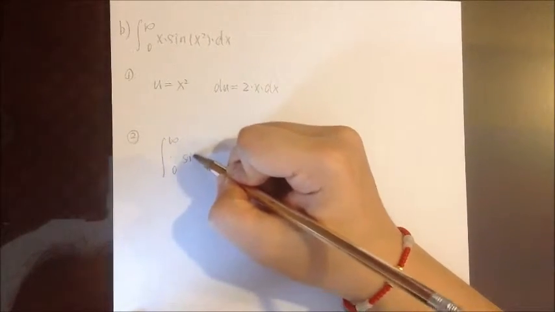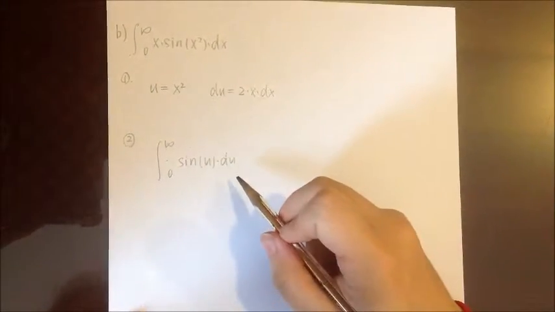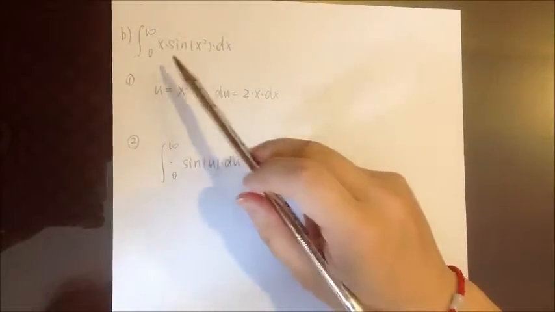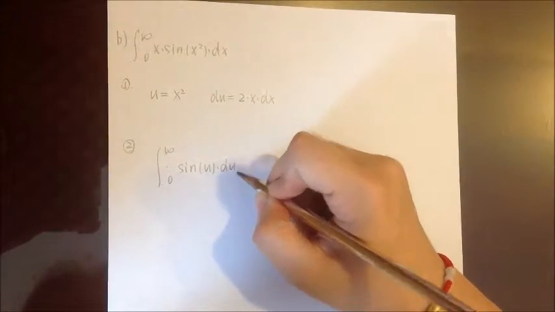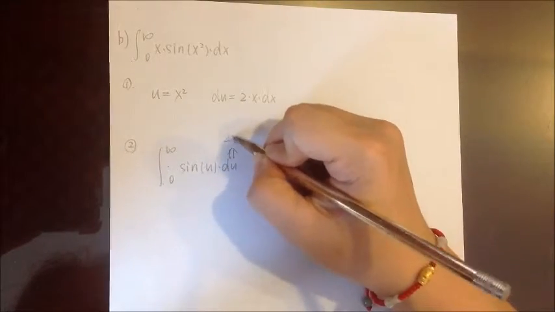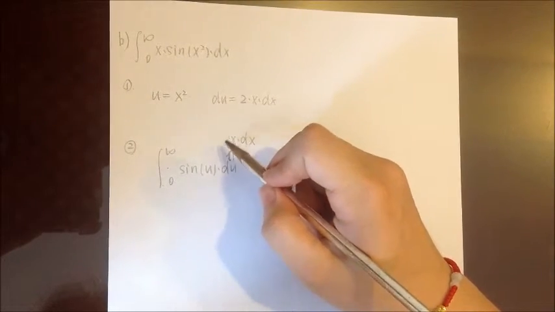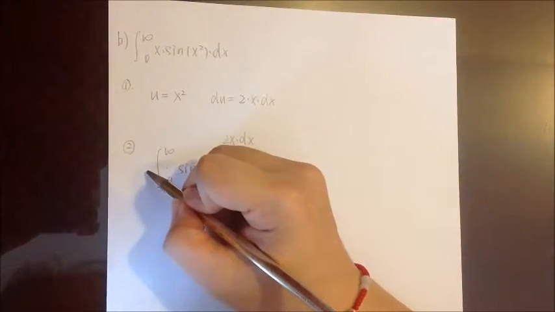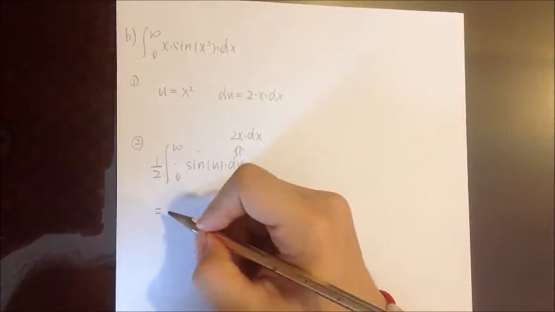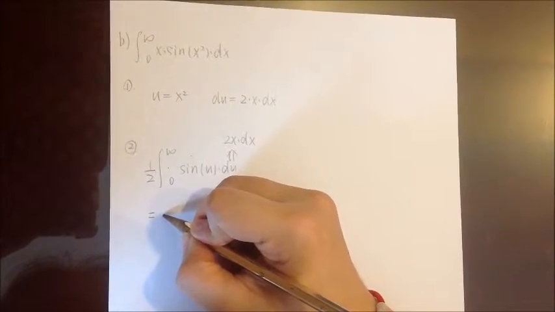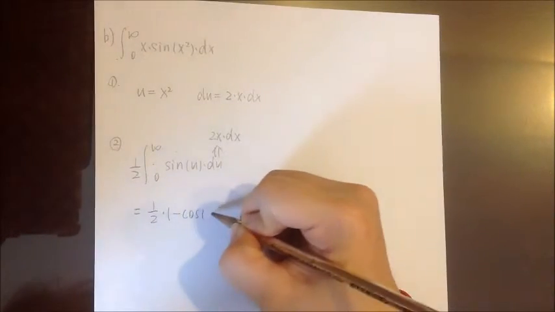And sine u times du. You may possibly say that I missed an x here, but I don't miss that because du equals to 2x times dx. This x appeared in the original one, but this 2 doesn't appear, so we have to add a half in front of this new integral. Then we can begin integrating. The result is half times negative cosine u